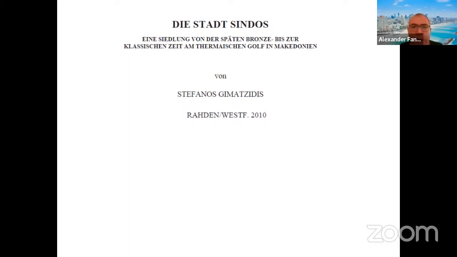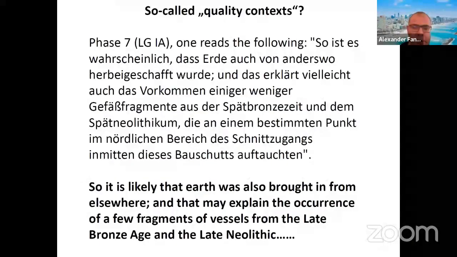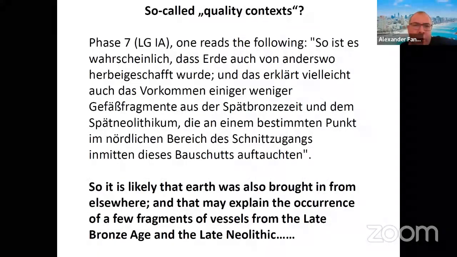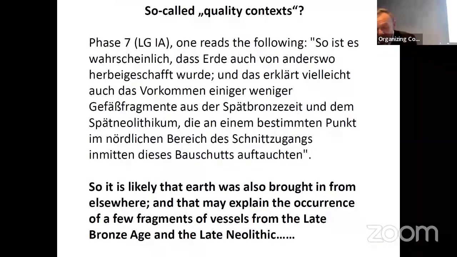Let's take a look for a few minutes to publication of Die Stadt Syndos, the final report produced by Stefanos, and let's take a look on this stratigraphic location of the dates, based on which we're supposed to change the entire chronology of the Iron Age and the entire Mediterranean. So this is the famous section which we already saw, and I just show you one of the quality contexts. For example, phase 7, late geometric 1A. One reads that it's likely that